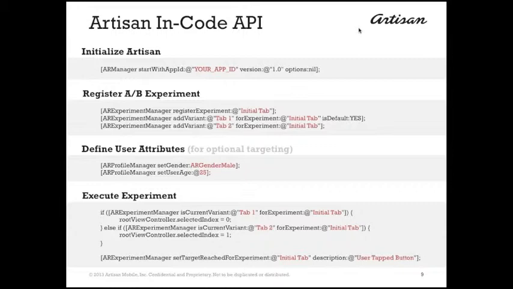That's actually going to be in all of your applications. But if you wanted to register what we call an InCode experiment, all you have to do is call this AR experiment manager, register the experiment, add variations, and then throughout the application,